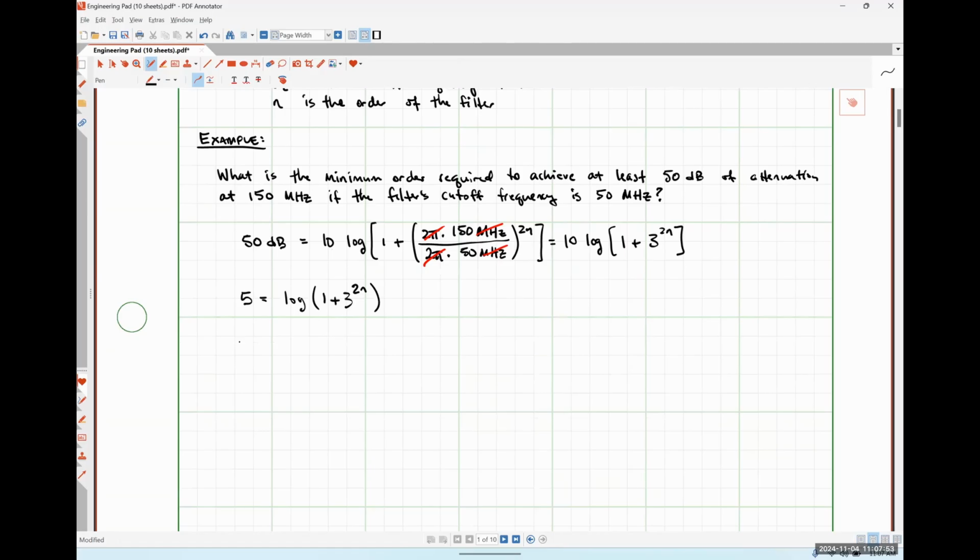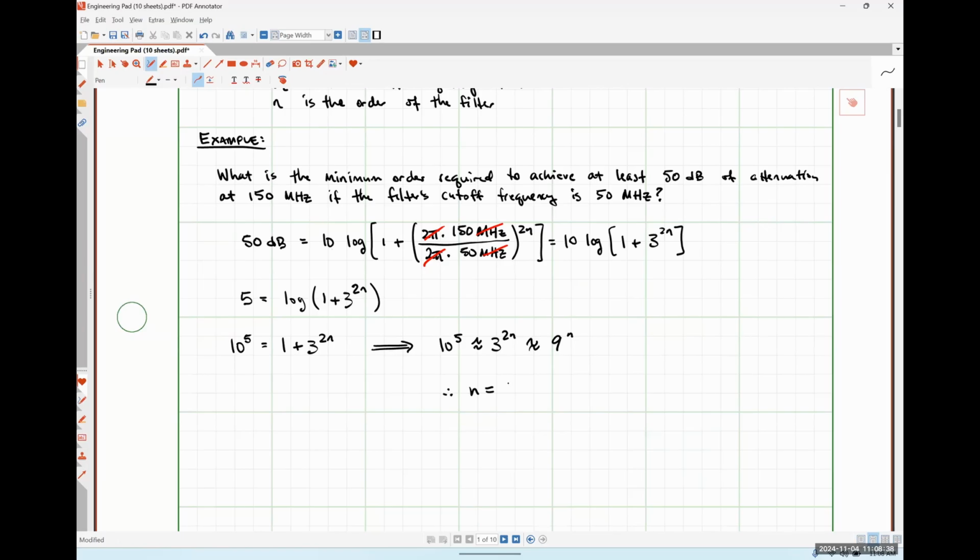So that would look like 10 to the 5 is equal to 1 plus 3 to the 2n, or approximately 10 to the 5 is approximately 3 to the 2n, or 9 to the nth power. Are we okay with the math that went on there? So if we solve this explicitly, we would find